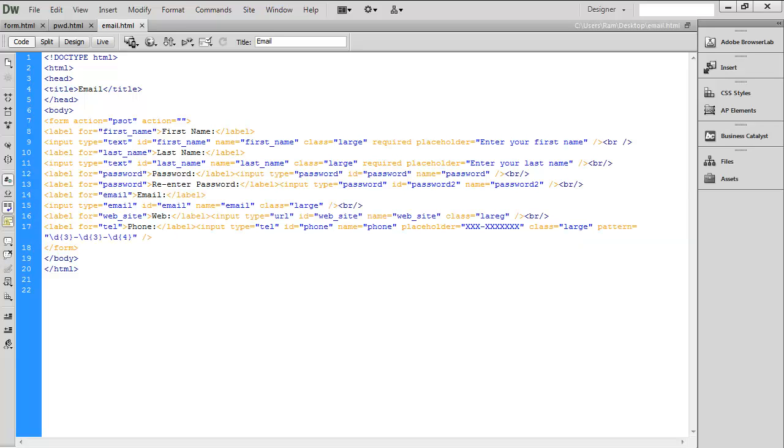Here you can see there is a pattern for this telephone number that is \d, and within curly braces there is 3, and then again backslash d curly braces 3, slash d curly braces 4. This is the regular expression that matches the pattern of the telephone number. Unless and until your telephone number matches this pattern, your form will not take the value.